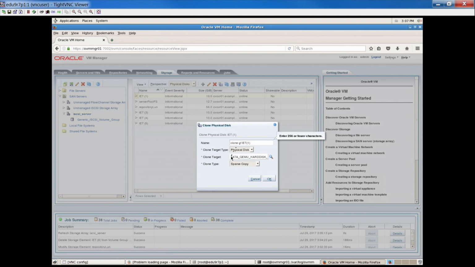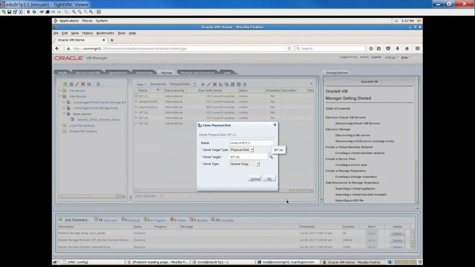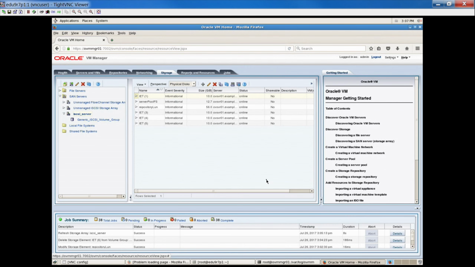One, clone target physical disk, okay, target type, so we choose another disk, okay, sparse copy, okay, a new job has been launched, as you can see here,